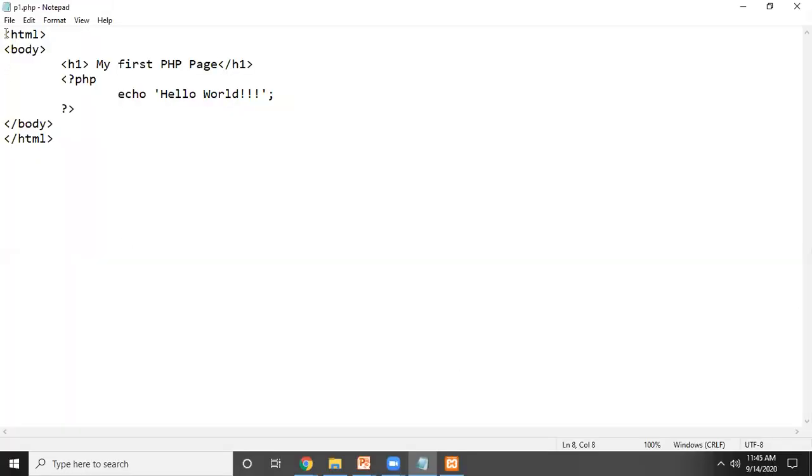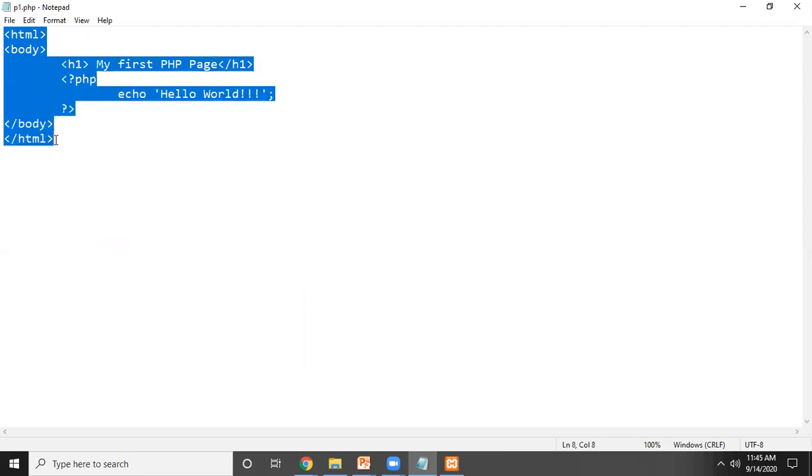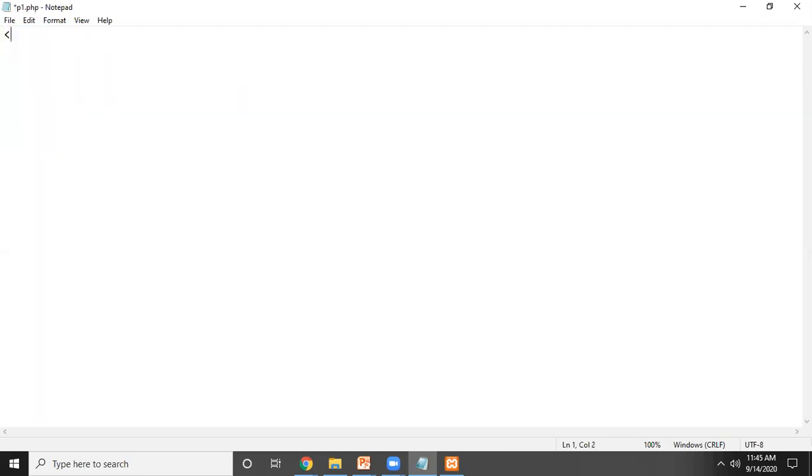Suppose this is my PHP file in which we are going to create the addition of two numbers. So in the PHP script, the first variable is $x, the second variable is $y.